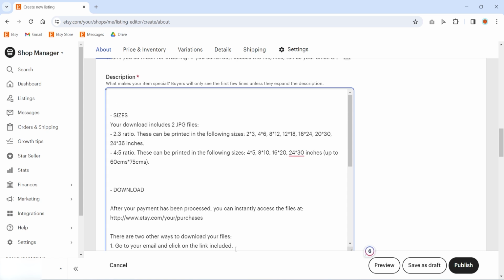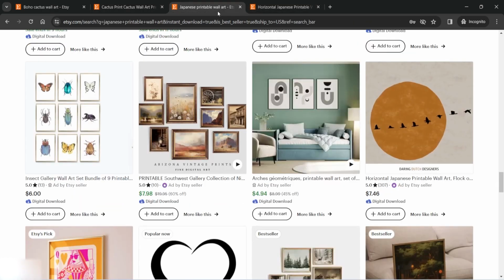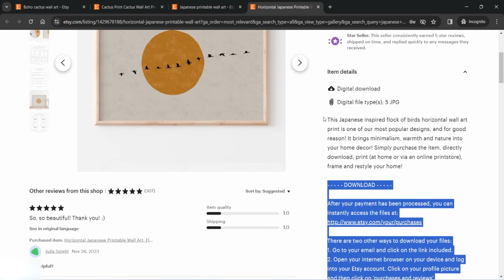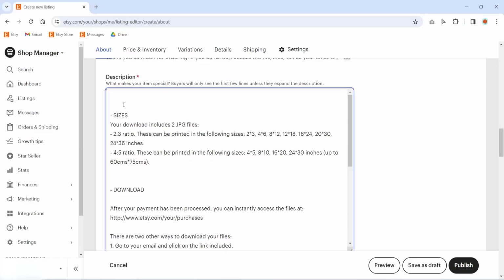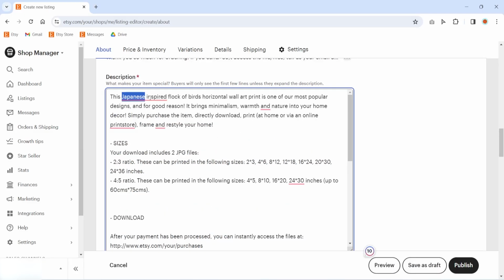And now we need to include some keywords into our description. I'm gonna go back to this one. I think this is really good. And I'm gonna copy it again, and I'm gonna change the keywords to match our niche. I'm gonna type this: southwestern inspired boho cactus wall art, cactus